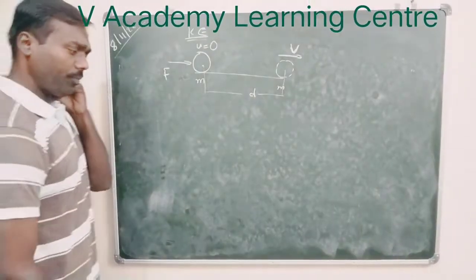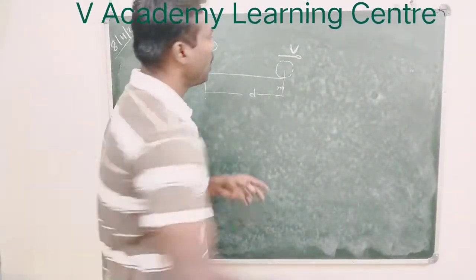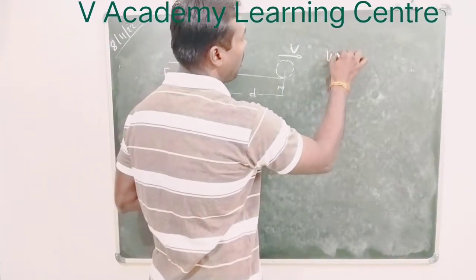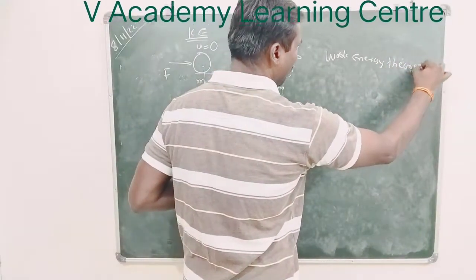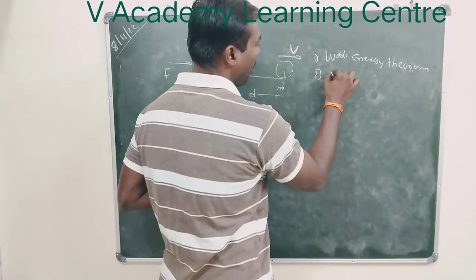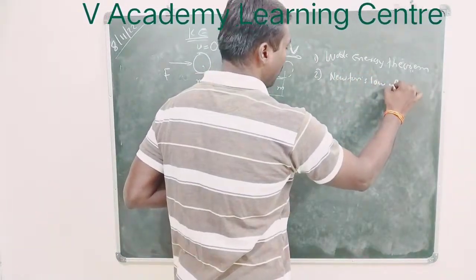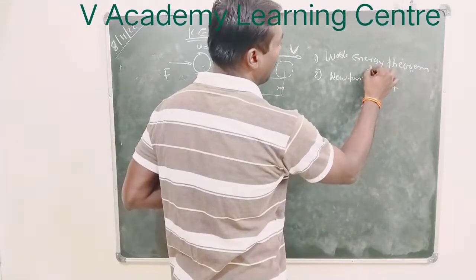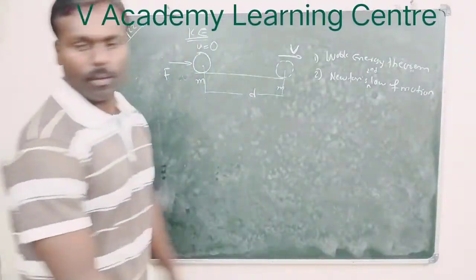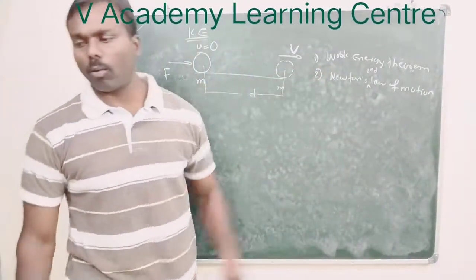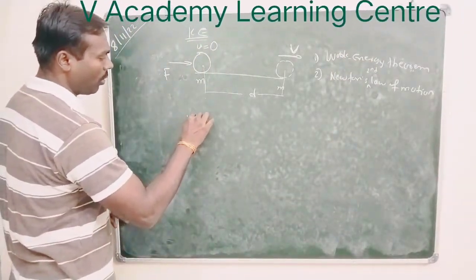So we know the kinetic energy definition. We can derive it by two methods. One is by the work energy theorem, and the second one is by Newton's second law of motion. First we go with the work energy theorem. What is the work energy theorem? It relates work and energy. What is work? Work is equal to